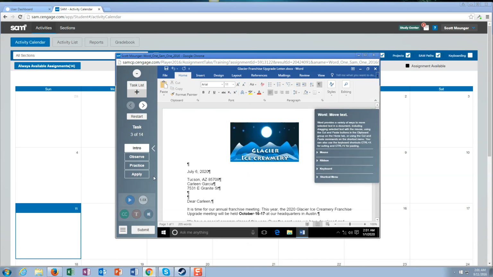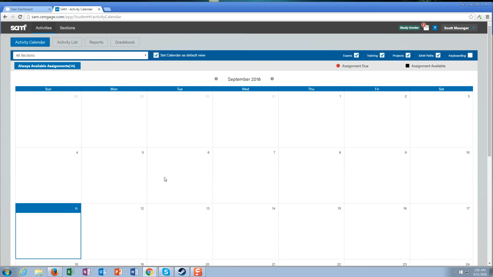So let's see here. There are some Mac hints if you have a Mac. This is typically going to show just the Windows version. Mac version does it a little different. Now when you finish, it should tell you that you got 14 out of 14. So once you're done, boom, you can just pretty much exit out. It'll probably ask you, do you want to exit? You'll say yes. So once you got 14 out of 14, you can go ahead and go to the next